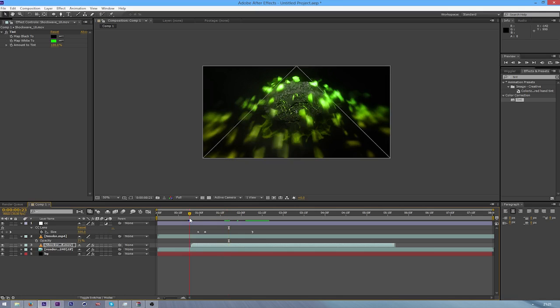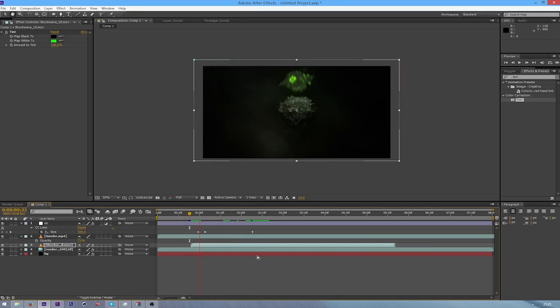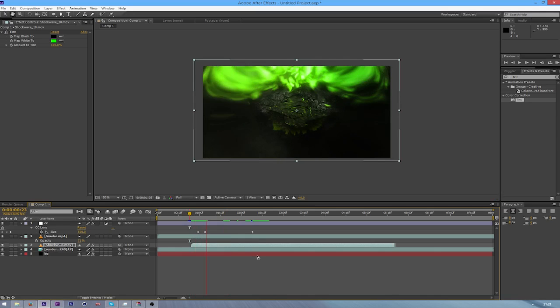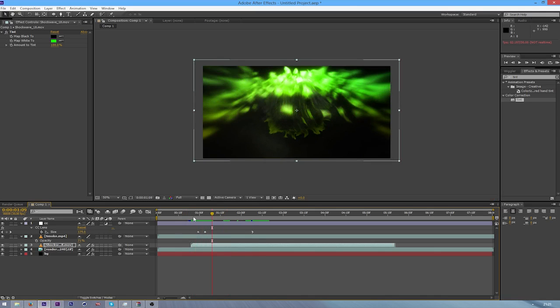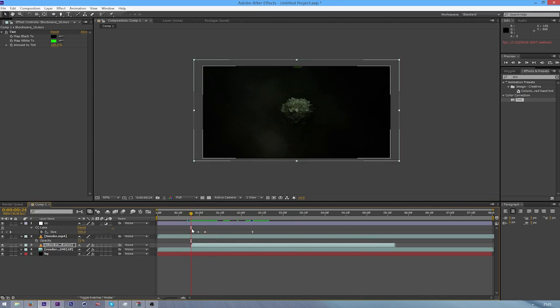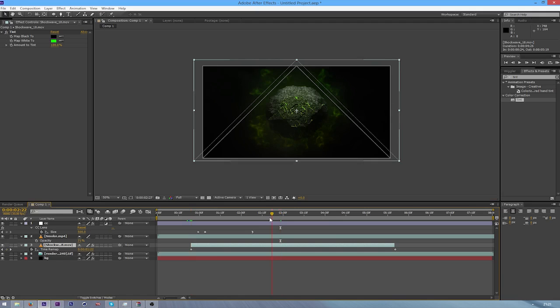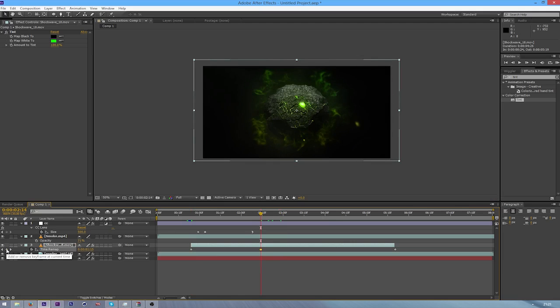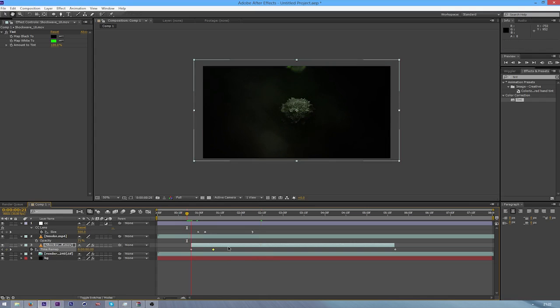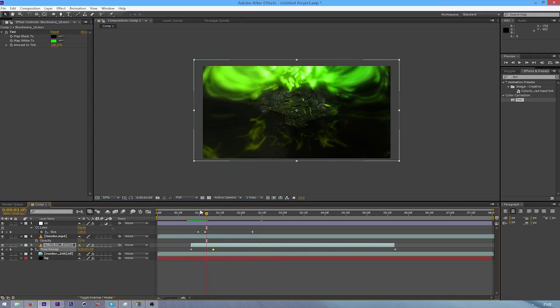So if you look at that, now you actually have the shockwave, and we could do some time remapping on this if you wanted. Well, I mean, not if you wanted, I would probably do it. But if you thought that this kind of comes out a bit too slow, you can right click on this, go to time, go to enable time remapping, and then this is how it works, you go to the time that you want it to kind of pop out at. So I want it to come here earlier, so I press the keyframe, add remove keyframe, bring this back to the start, which will actually move that time further forward. So as you can see,